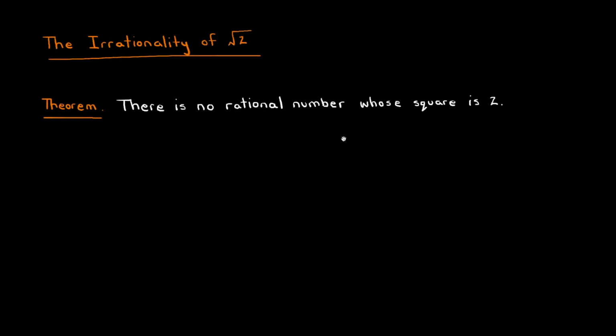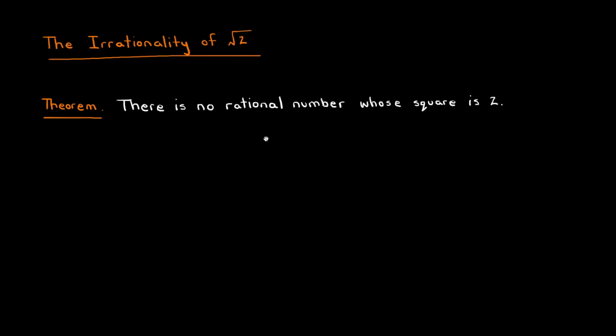Hi everyone and welcome. In today's video, I would like to motivate the need for the set of real numbers. And to do this, we will actually show that there is no rational number whose square is exactly 2. In other words, we will prove that the square root of 2 is an irrational number. And then we will discuss some of the consequences of this result and what impact it had on the ancient